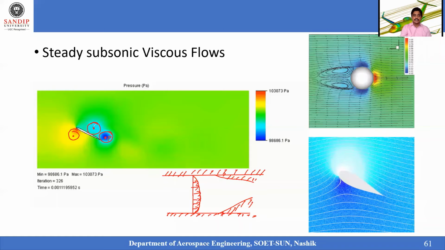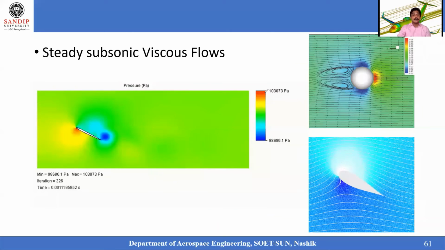Or you can see the vortex generated on this particular body. These are all the best examples of subsonic flows, but their fluid flow nature would be elliptical. The resulting fluid flow can be best addressed with an elliptical approach. If you approach with a parabolic problem, we can't address it with that.